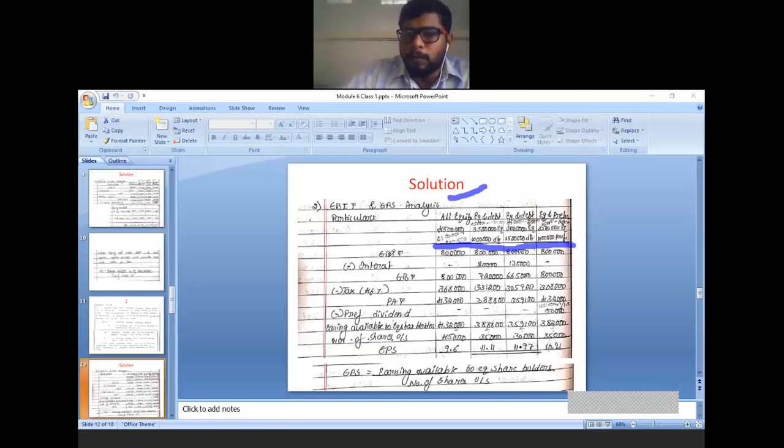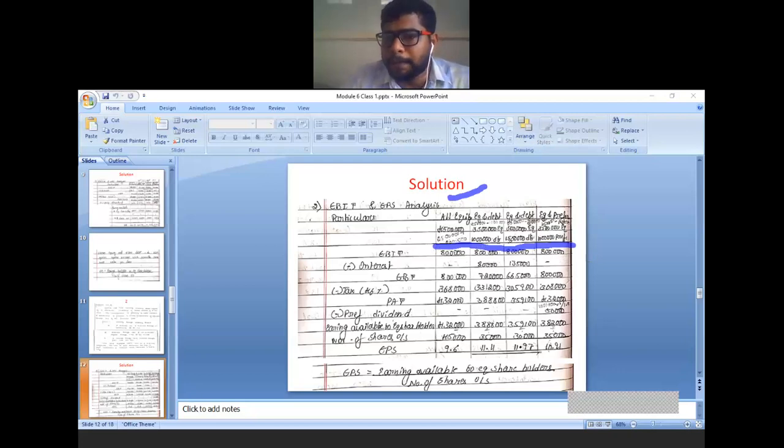You know, problem begins with what? EBIT, earning before interest and tax. Right, for all the plans, earning before interest and tax is same. That is operating profit. How much it is? 8 lakh rupees minus interest. When you are calculating the interest, remember only about the debenture capital, because interest you cannot calculate for equity share capital, interest you cannot calculate for preference share capital. Interest is applicable only for the debenture capital. Now in the first case debenture is not there, write nil, and in the case of plan 4 also debenture is not there, therefore write nil.